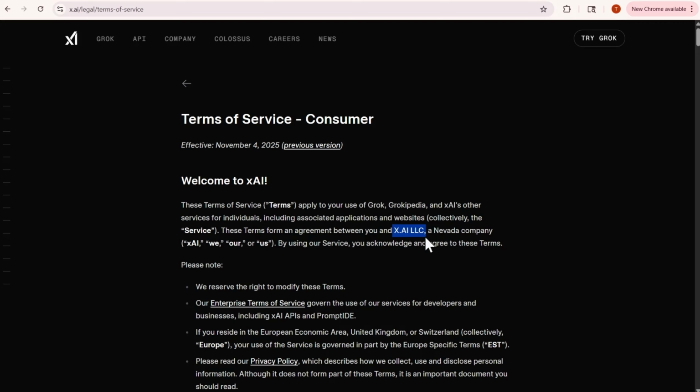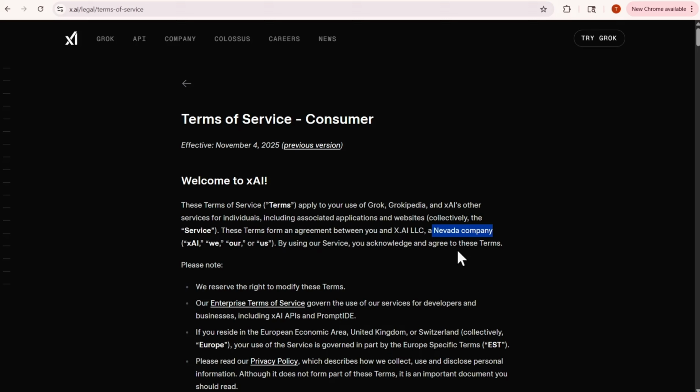And I also love here that xAI LLC has addressed the geography where they are headquartered, Nevada. Now, something I'm going to say about US state privacy laws: just because your organization is headquartered in Nevada does not mean that the only adherence to data protection laws is exclusive to Nevada. That's really important, and many organizations aren't aware of this, so I thought I would call this out specifically since this particular entity has addressed what the name of their legal entity is. This is what's registered in Nevada, just so that you're aware.